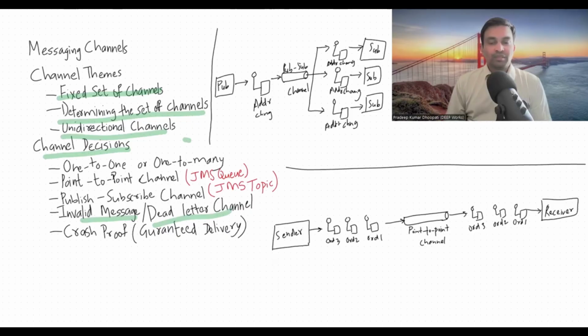So this is the business case scenario, and obviously you want to process one order only once. So in this case, it's appropriate to go for a one-to-one or a point-to-point channel, which will